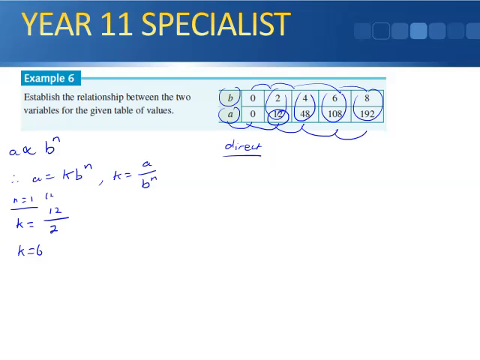Using the other point, that was the point 2 and 12, I will use the other point, 4 and 48. 4 and 48 gives us K equals 48 divided by 4 to the power of 1, which is still 4, so K equals 6. I'll use the other point, 6 and 108. So K ends up being 108 divided by 6, which means that's 6. And the last point,